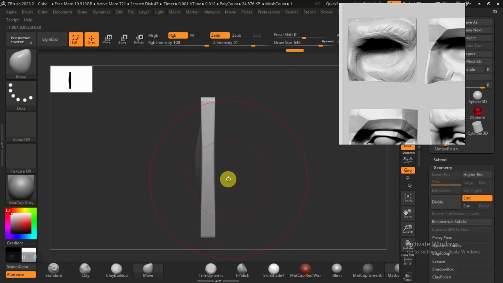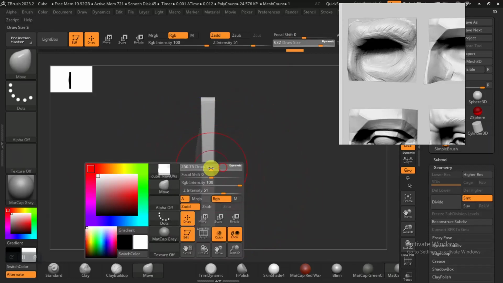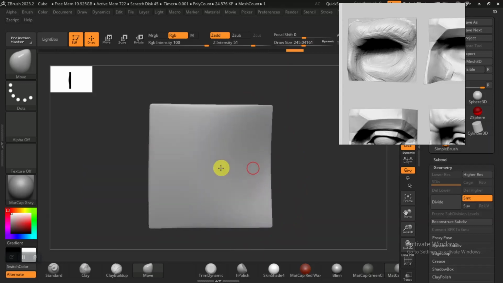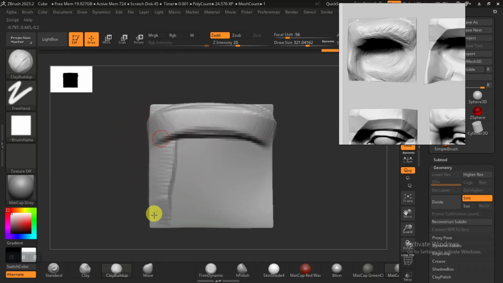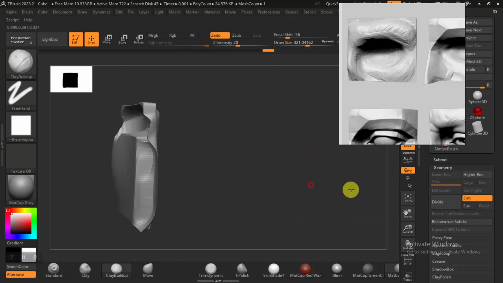It's best to just use the clay builder brush first, making sure I build something in this format like so. Try to follow this reference we have in here. We'll do this on the side. Right now, I've not started using the